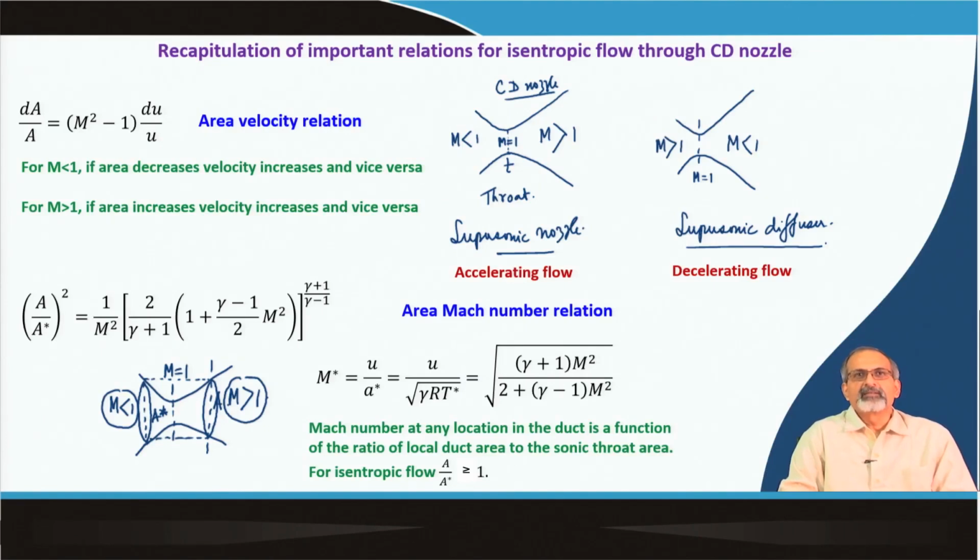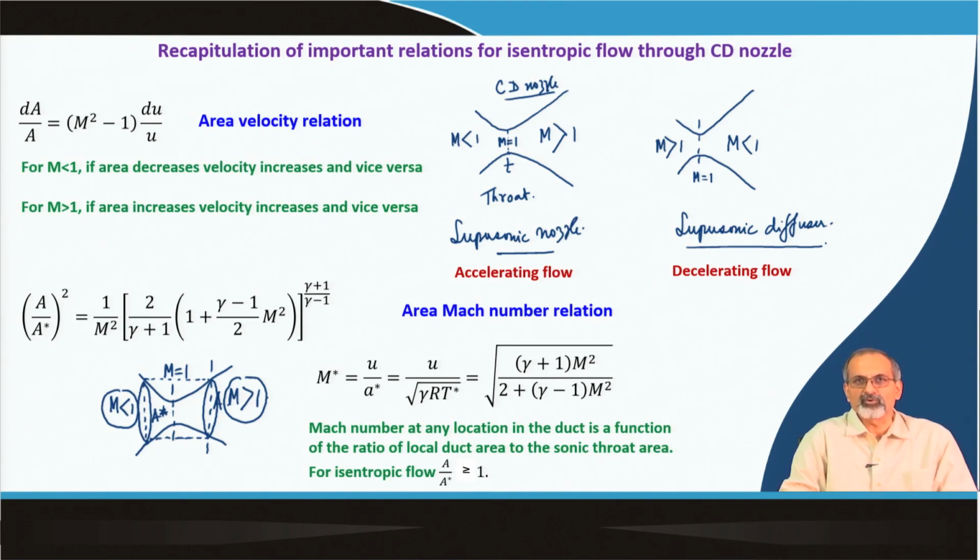We recapitulate some of the important relations for isentropic flow through a CD nozzle. We remember the area velocity relation, and we know how a supersonic nozzle and a supersonic diffuser function. In a supersonic nozzle, we have an accelerating flow starting from subsonic conditions, reaching sonic condition at the throat, followed by supersonic acceleration in the diverging portion. While in a supersonic diffuser, a supersonic flow comes in, decelerates, becomes sonic at the throat, followed by subsonic deceleration